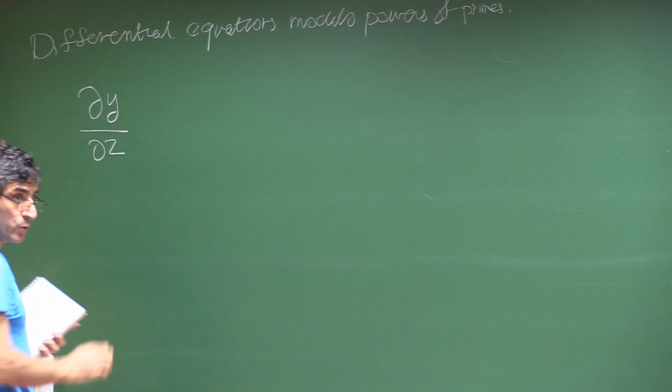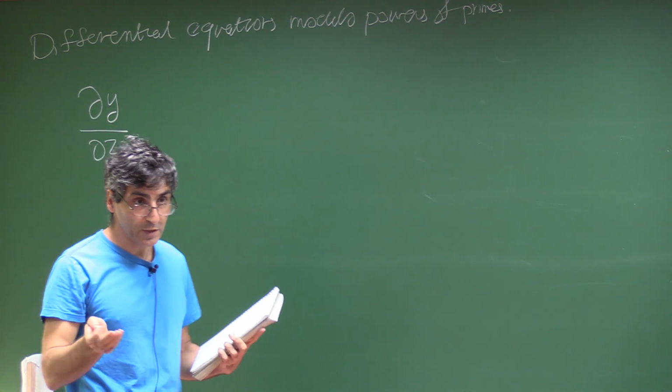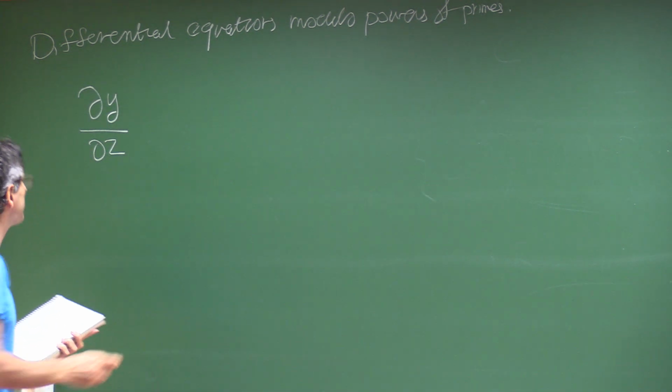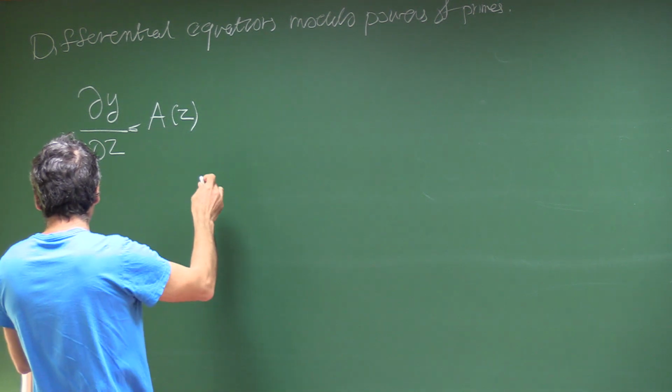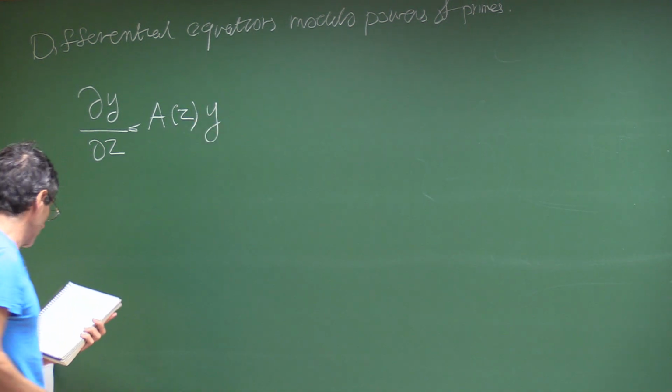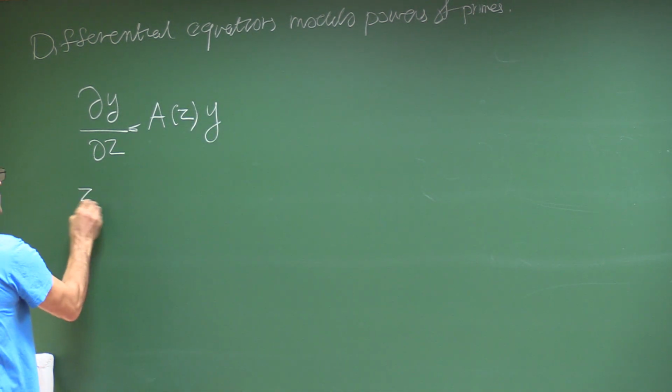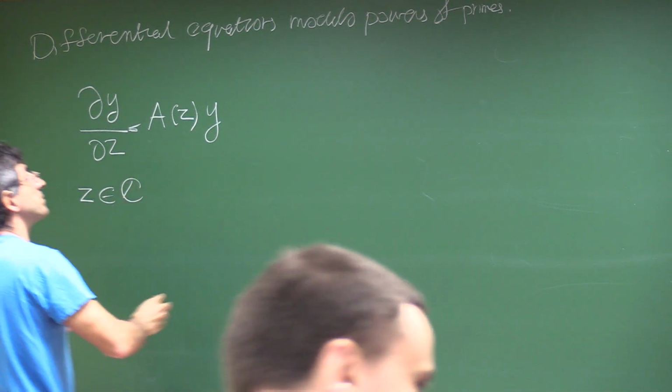Today I will talk about two classes of differential equation. One will be about linear differential equation, the other one vector fields. And I will not prove something. So the class of differential equation that we are looking at, these are called linear differential equation. So Z will be in C.